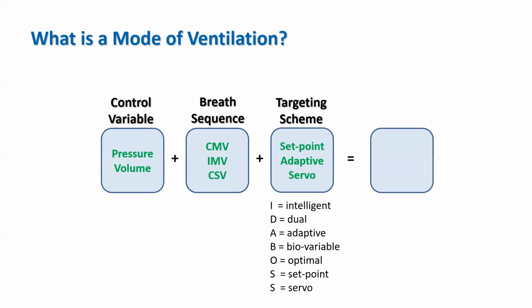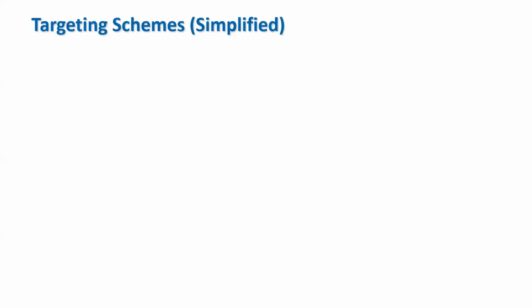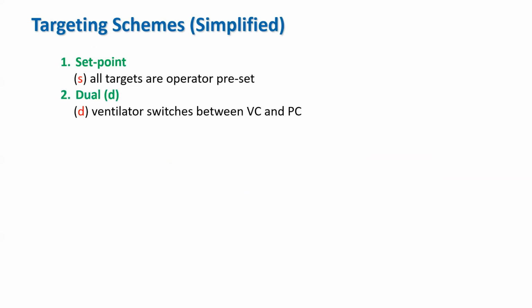The last mode characteristic is the targeting scheme. And this is basically the software program that creates the unique features of the mode. Currently, there are 7 of these, and we will review them briefly. Set point targeting means that you, as the operator, set all the targets like tidal volume, flow rate, etc. Dual means that the ventilator automatically switches between volume control and pressure control within a breath to maintain various safety